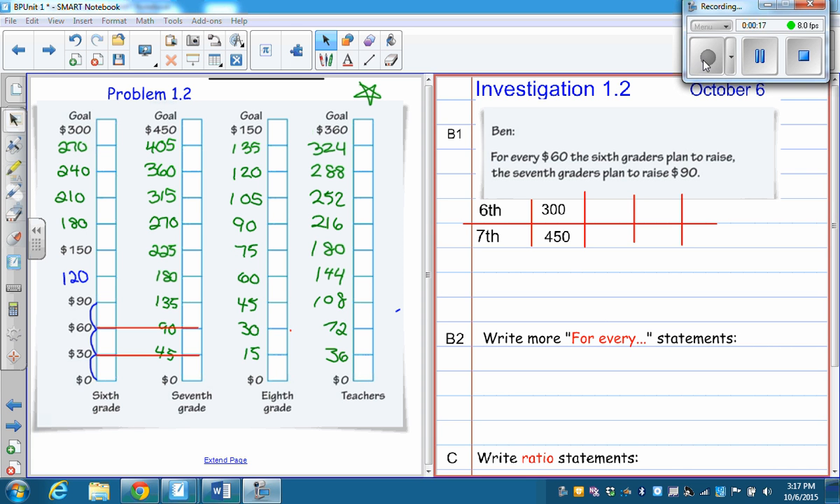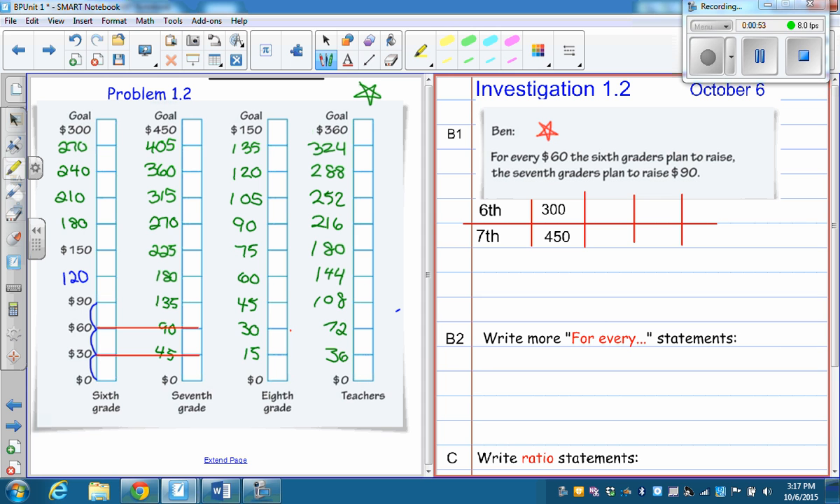When you look at the very beginning of page 13, it says this statement that you see right here. It talks about Ben's statement on page 13. It says Ben said for every $60 the 6th graders plan to raise, the 7th graders plan to raise 90. And then it says he looks over at the principal's thermometers and he agrees